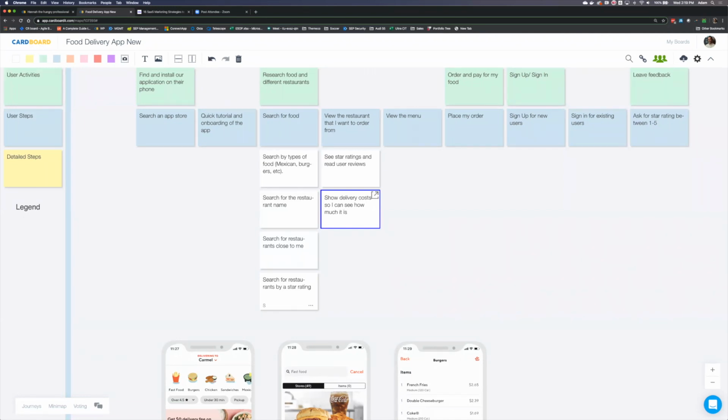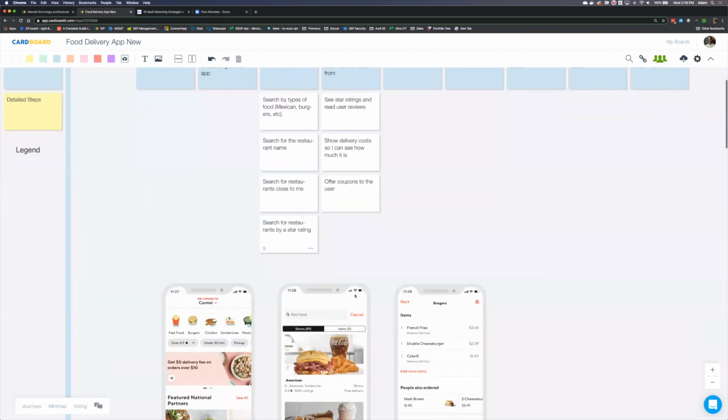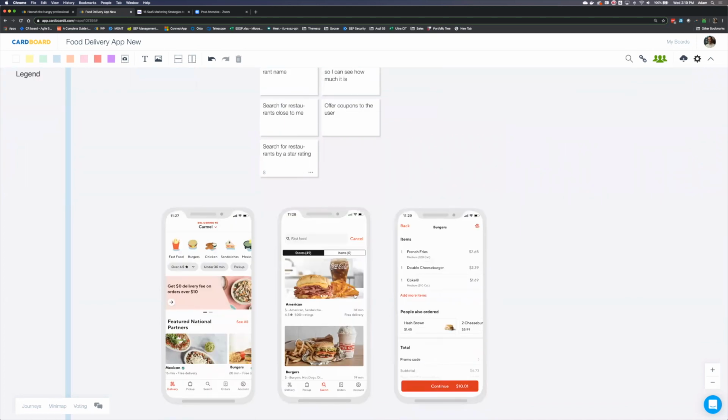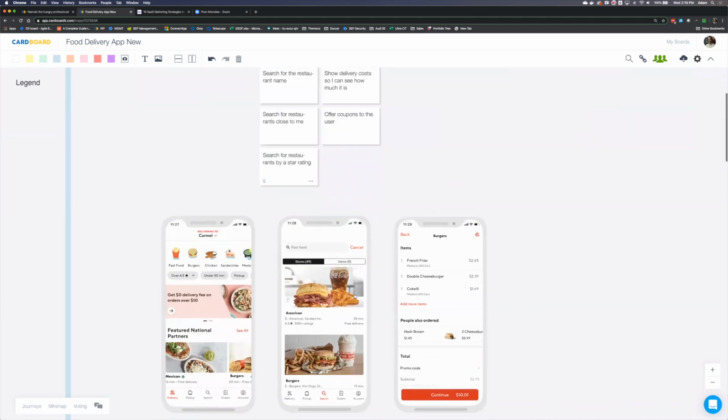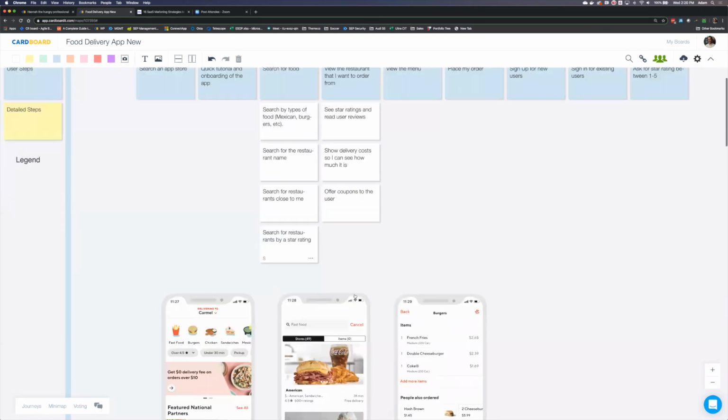So on our platform, maybe we want to give restaurants the ability to offer coupons to better entice people to use our restaurant. So offer coupons. Anything else we think we want to do with viewing the restaurant? Any other ideas? I can't think of anything else off the top of my head, so we'll go ahead and move on to